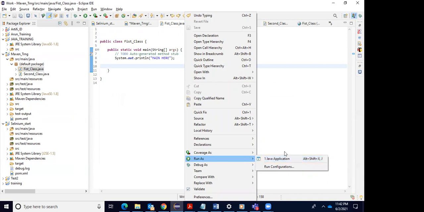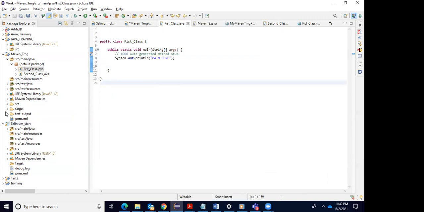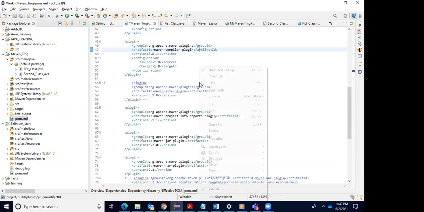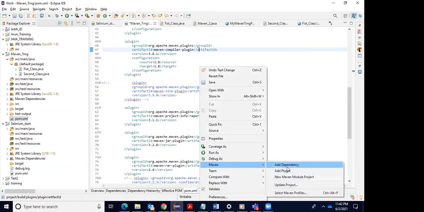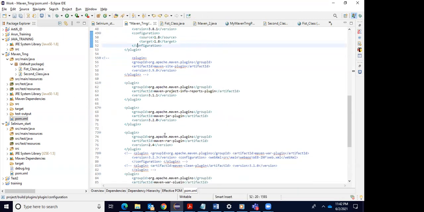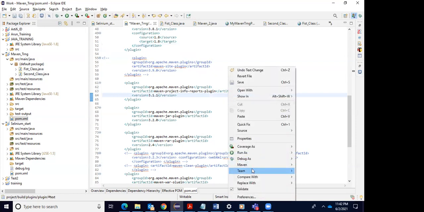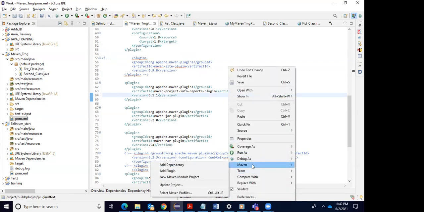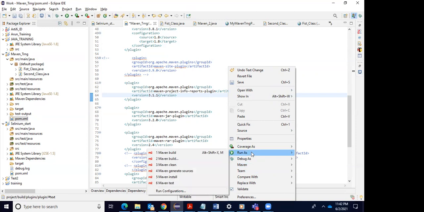That means you are running this class as a Java application, right? Now, if you go to the POM XML and say Run As, and look at this option,